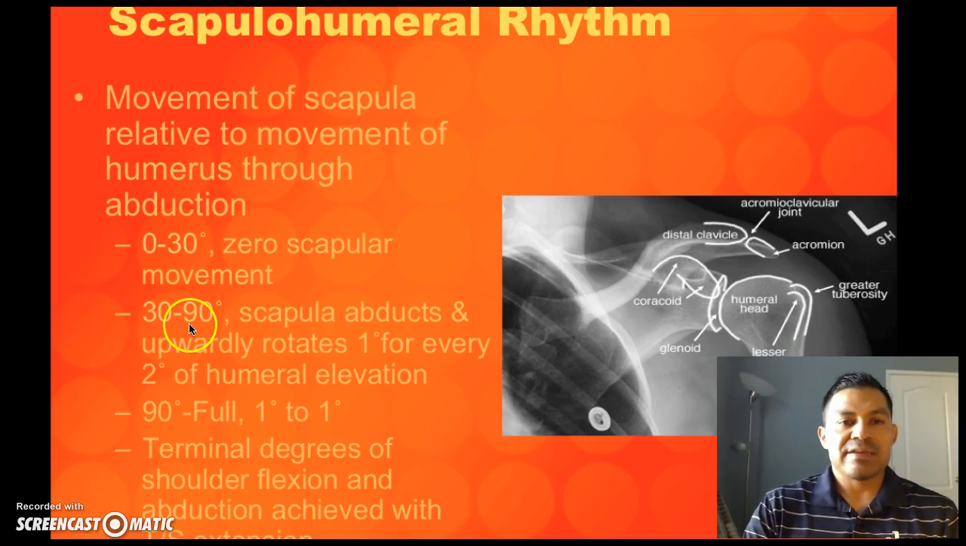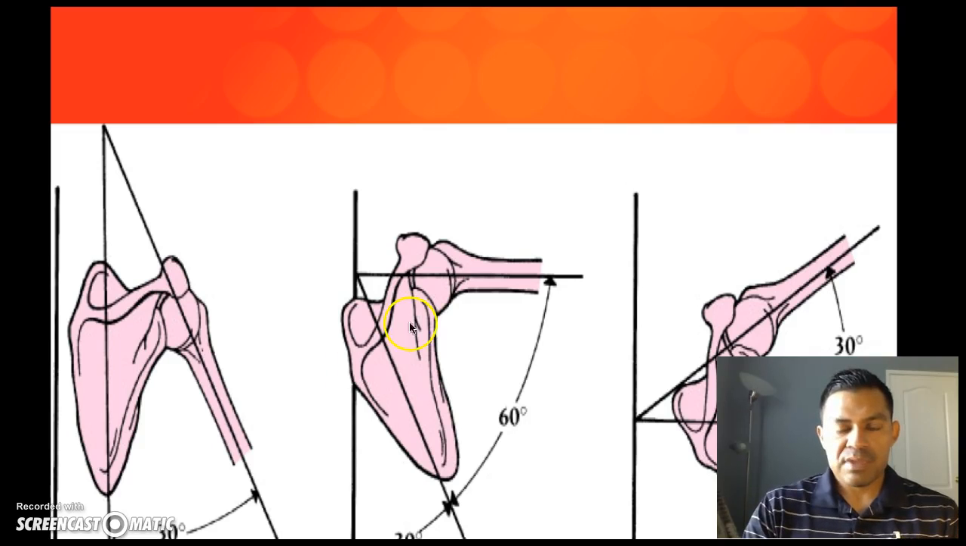From 30 to 90 degrees of abduction, the scapula abducts and upwardly rotates 1 degree for every 2 degrees of humeral elevation. So from 30 to 60 degrees,